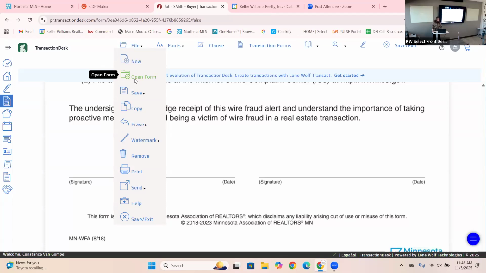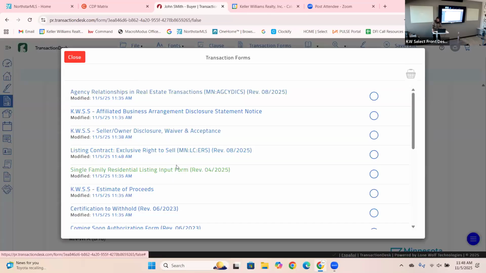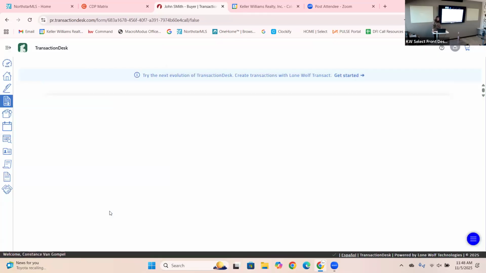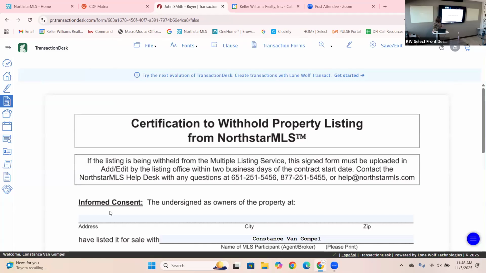All right, so then we're going to go back to open. So these are the ones that you need to get going. Now, I had talked about the withhold, and we're going to go through this one here. If you came out to see me today and I was not ready to go on the open market and be active within 2 business days, it doesn't mean the weekends, 2 business days, Monday through Friday,